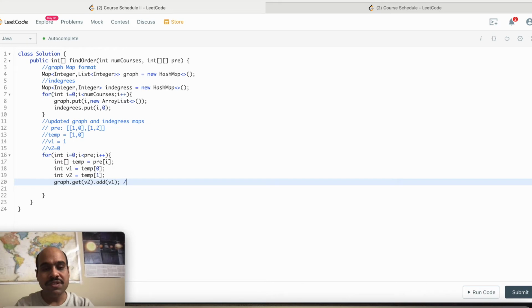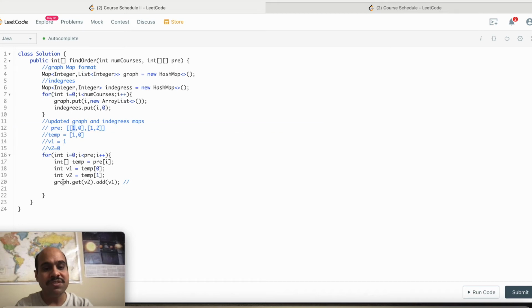So what I am doing over here, we are updating the graph. So graph is basically a map, you know, from integer to list of integer. Integer is the node and list of integer is the neighboring nodes of it. Now, because this 1 comma 0 means there is a link from 0 to 1, I will take the 0th node and update the list of integer, that is its neighbors, with this 1.